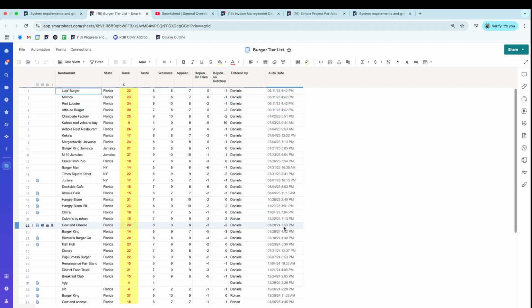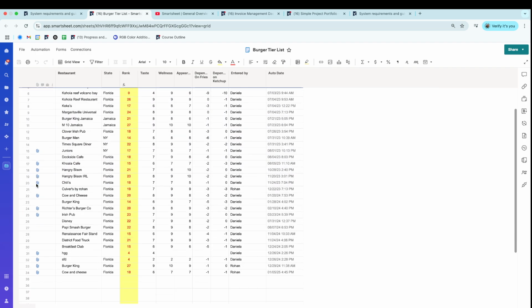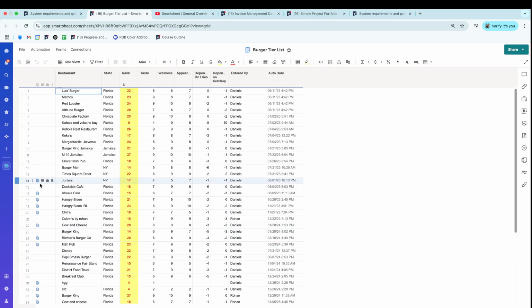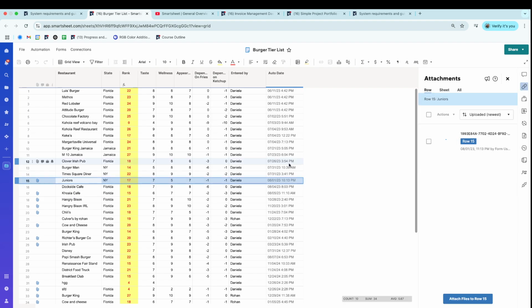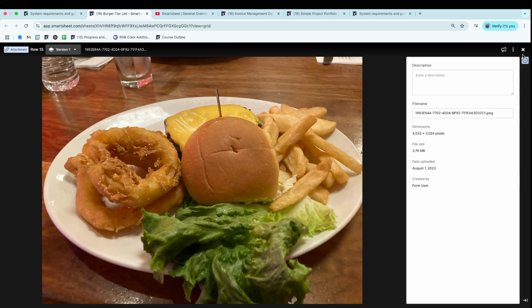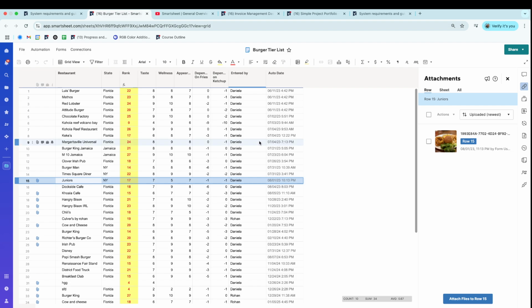It tracks exactly when it was entered without any effort or without the user saying it. And we eventually set it up so you had to put a picture of said burger on it. So the picture is embedded here, and you can see this yummy looking, oh well, if you're a burger guy. But it's a basic